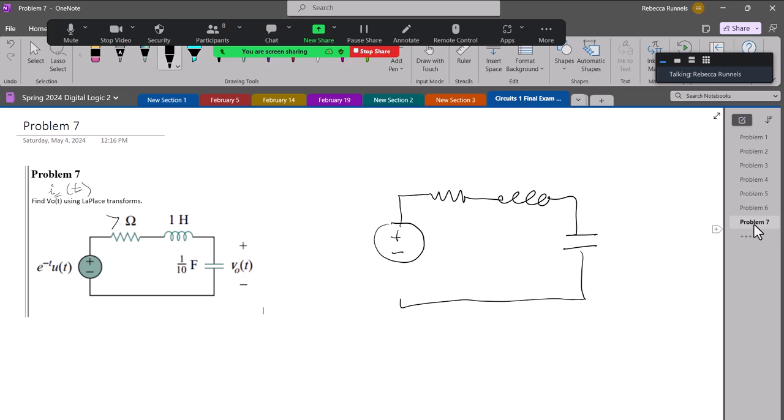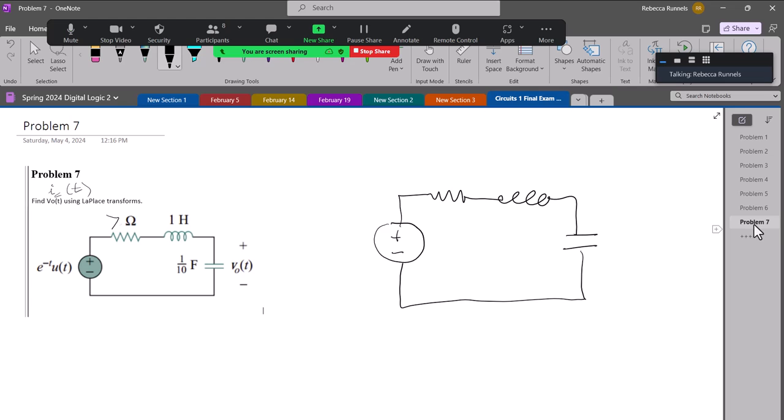So everything looks pretty much the same. The nice thing about the S domain, though, is that when you work with them, you can treat them all like resistors. They become impedances and not resistances anymore, and you can just add them the way you do with resistors. But we have to take the Laplace